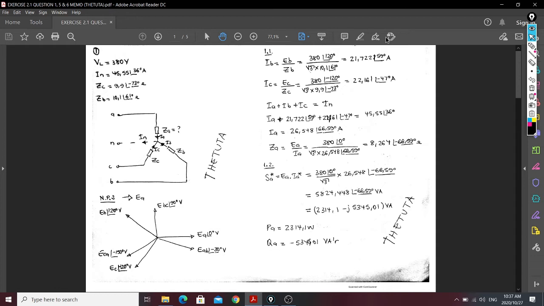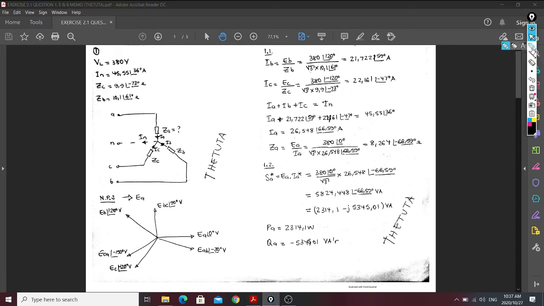So we're gonna have a look at exercise 2.1, and we're gonna discuss only the star load, just to have an idea on how to deal with a load that is star connected. So in the problem, we were given a negative phase sequence, and our reference is EA, and now you're gonna draw your phase sequence as I draw it. If you still don't understand it, you can go back, because now we are just focusing on problem solving,